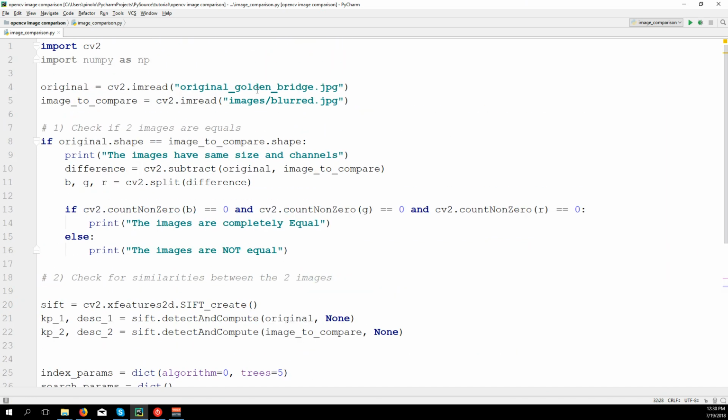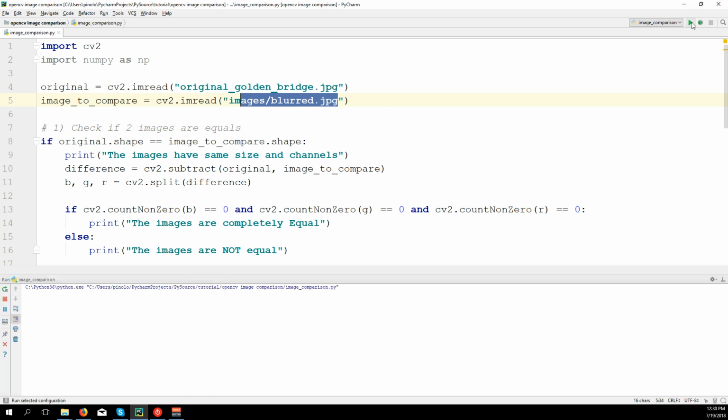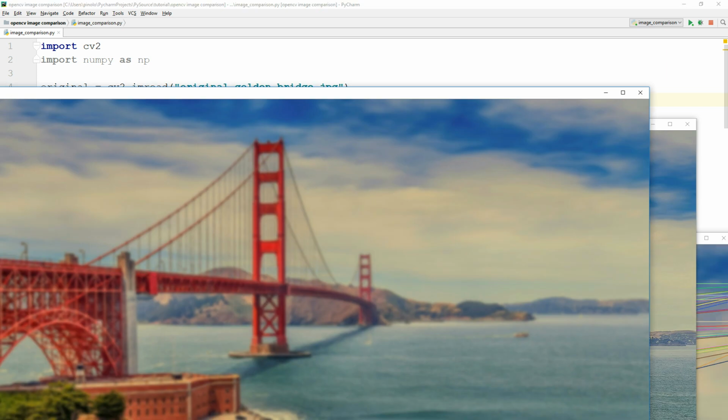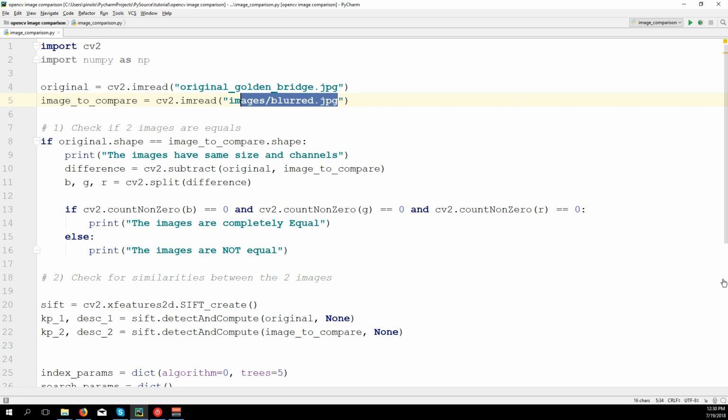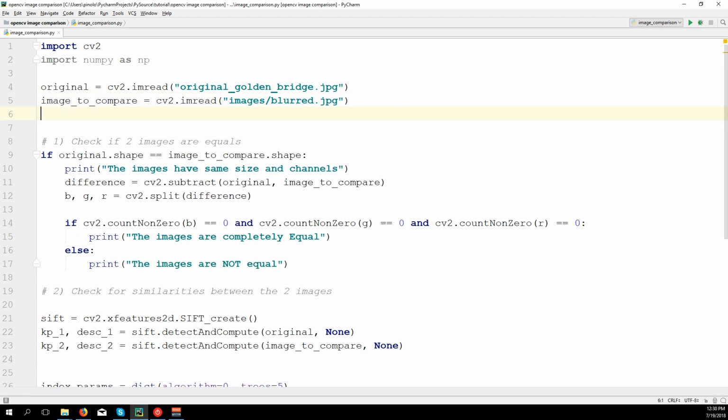And keep in mind that we are comparing the original image with a blurred image, so they are not exactly the same. And you can see all the matches that it finds. It's too big for the screen to show to you exactly, so I'm going to resize these images when I load them. So instead,